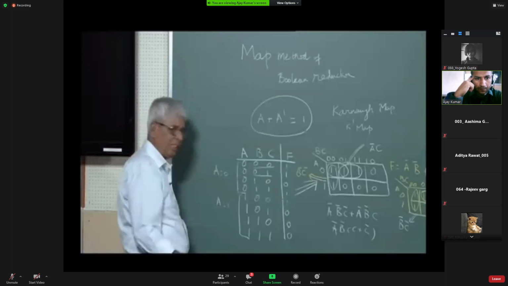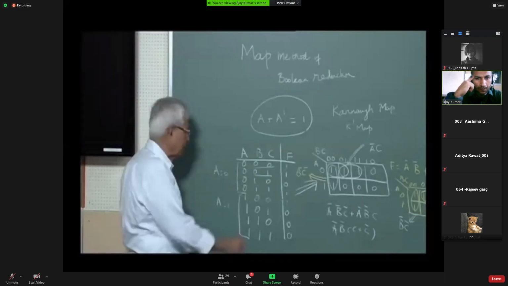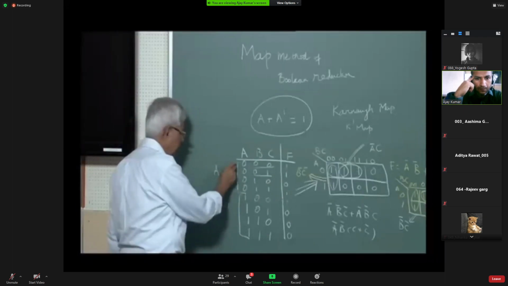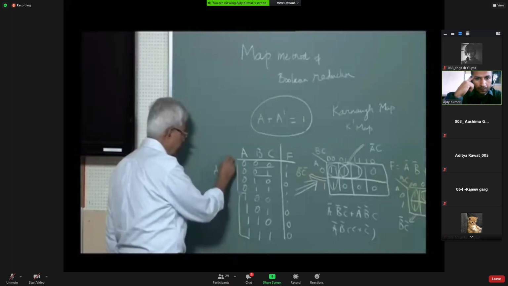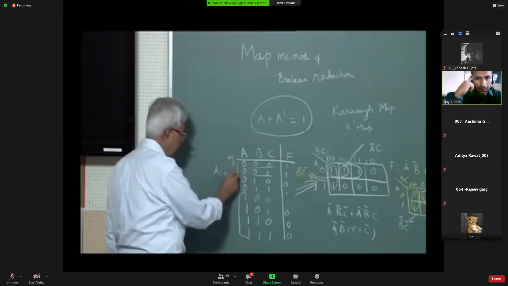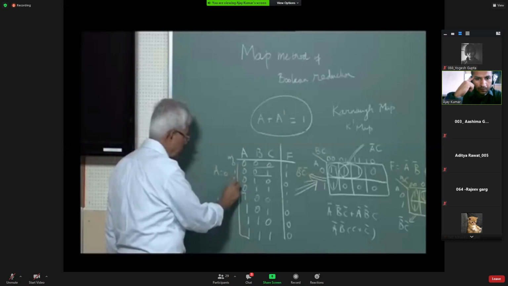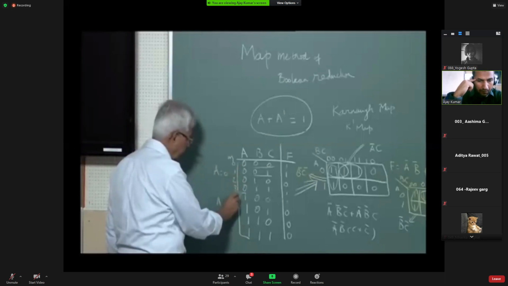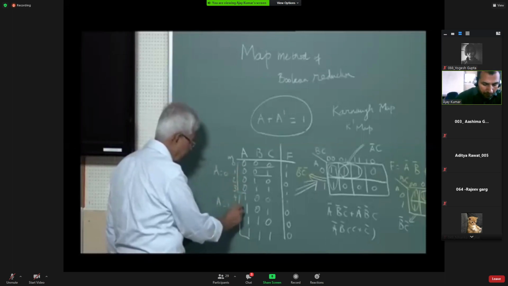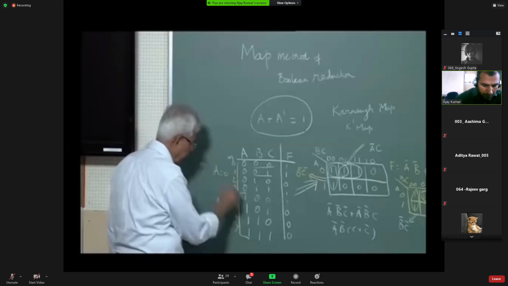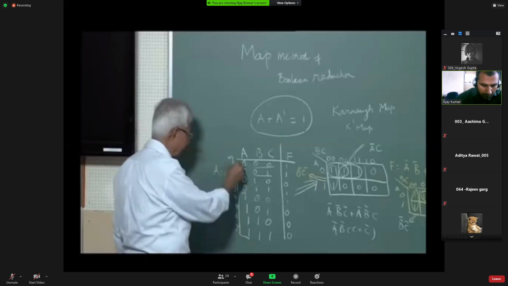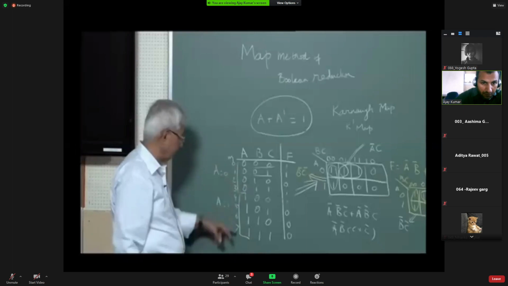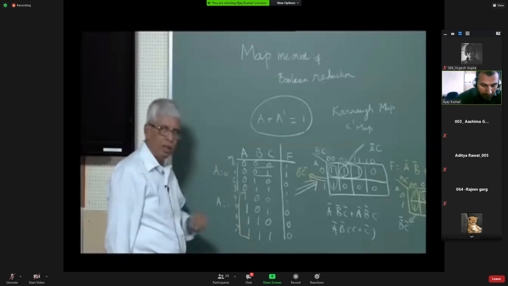So which are the min terms which are 1? If I list them out, for example, this is term 0, term 1, M0, M1, M2, M3, M4, M5, M6, M7. With 3 variables, we'll have 8 terms starting with 0 to 7. 4 variables have 16 terms starting with 0 to 15.